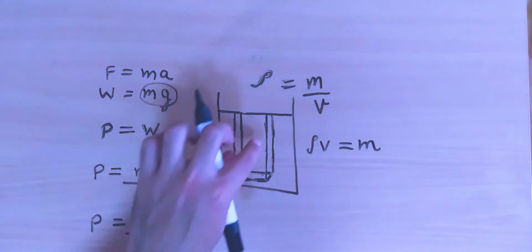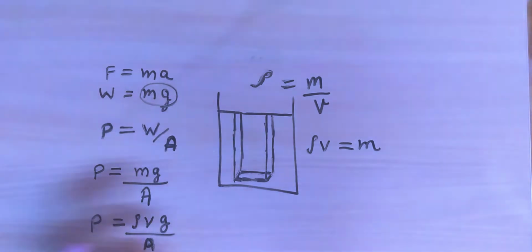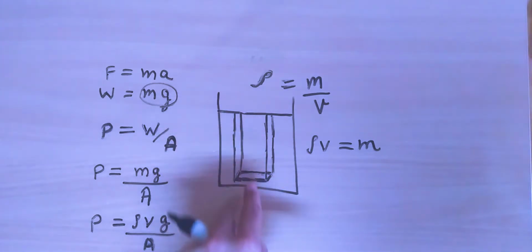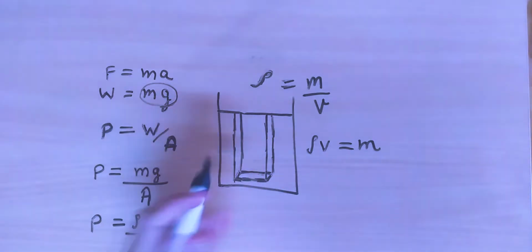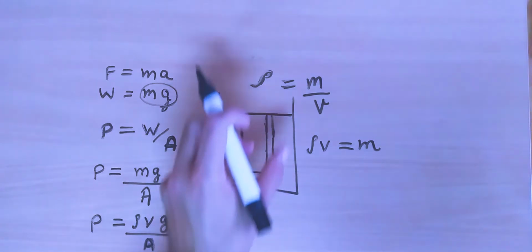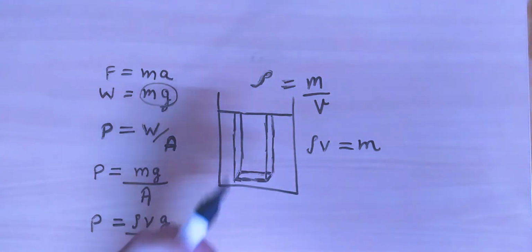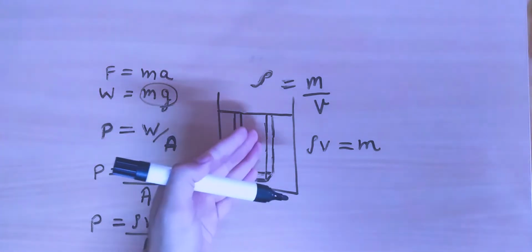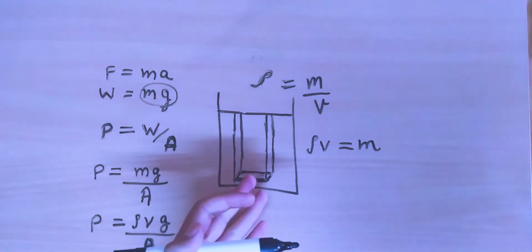Now if we look at this diagram here, what is the volume of water? Well, we have a cuboid here, right? Because you've taken the rectangle. If you had taken a circular base, you would have got a cylinder. But that doesn't matter. What matters here is how we can find the volume using this diagram here.